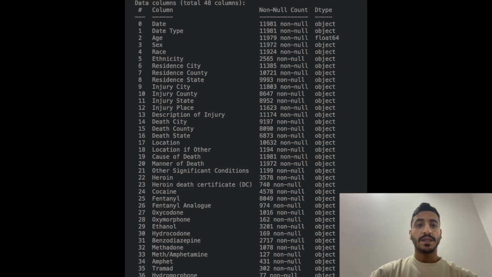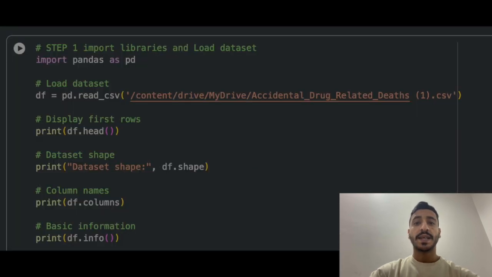The dataset includes demographic features such as age, sex, and race, as well as drug-related variables like heroin, cocaine, fentanyl, and methadone. This step is important because it prepares the dataset for feature processing and ensures that we can begin our